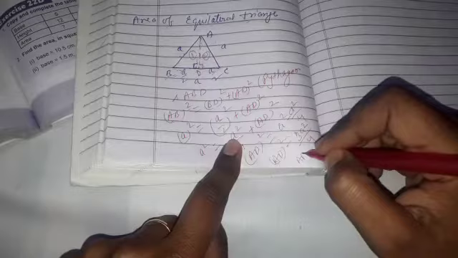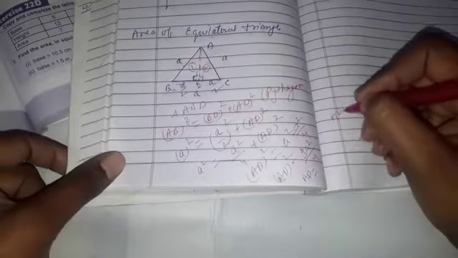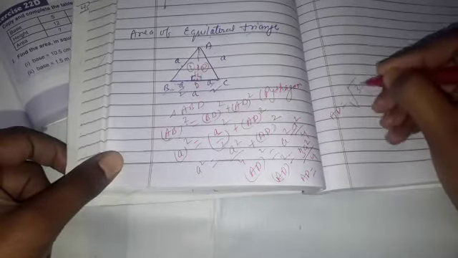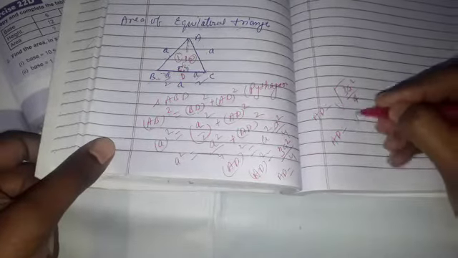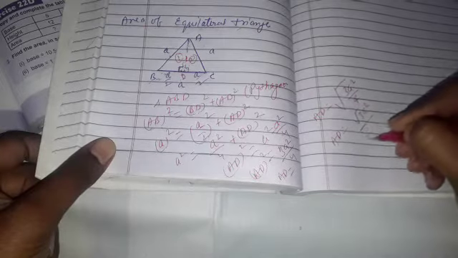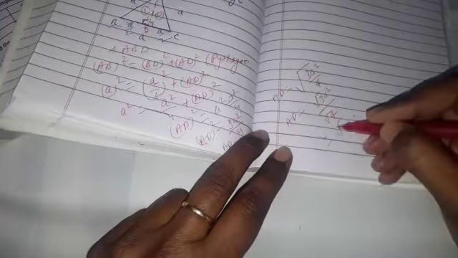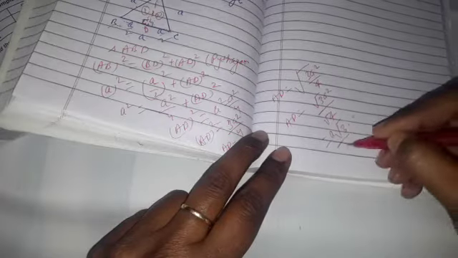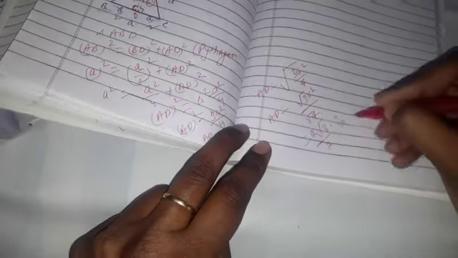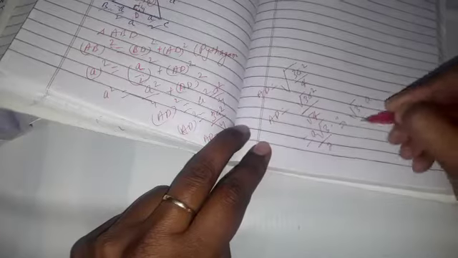So AD equals under root of 3a square upon 4. So AD equals under root of 3a square upon under root of 4. So that is equal to, and class, we can take this a square outside. So a root 3 upon root 4, which means class 2. So we can write that as under root 3 into a upon 2. So now class, we get the value of AD, that is under root 3a upon 2.